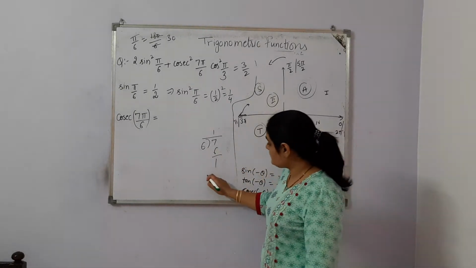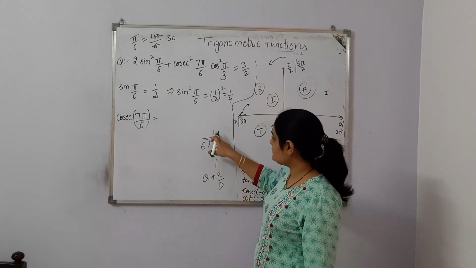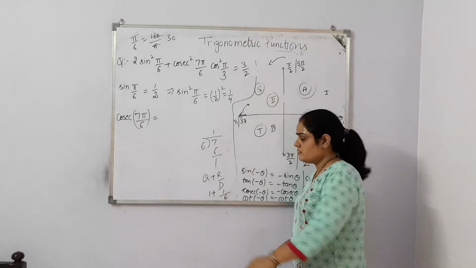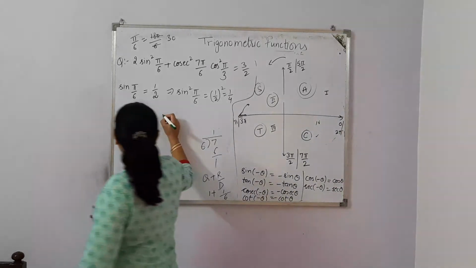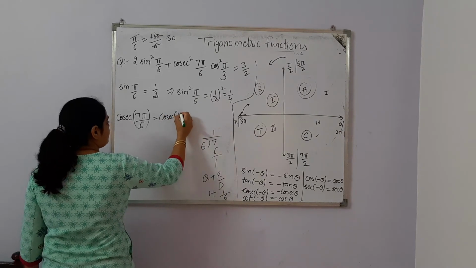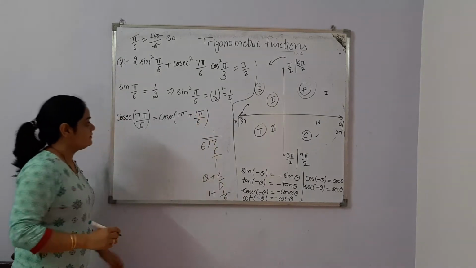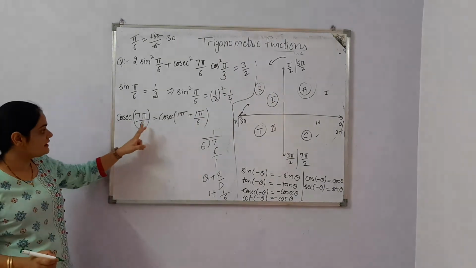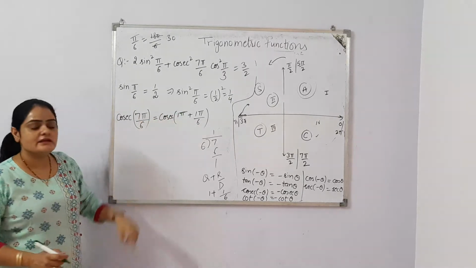So we'll write this as quotient plus remainder by divisor. What is quotient? It is 1, remainder is 1, and divisor is 6, because after taking LCM we are getting again 7 by 6. So can I write it as 1 pi plus 1 pi by 6? What I did, I segregated 7 pi by 6 as pi plus pi by 6.